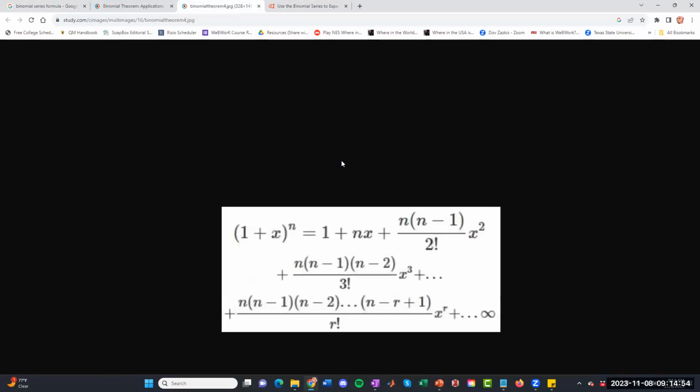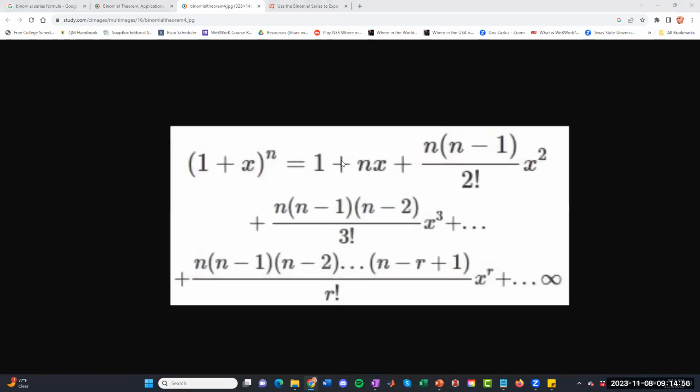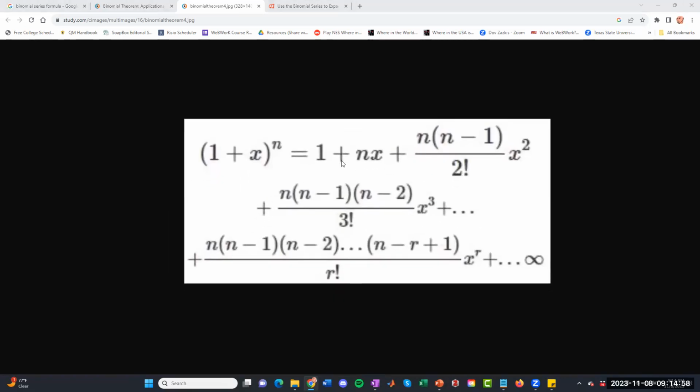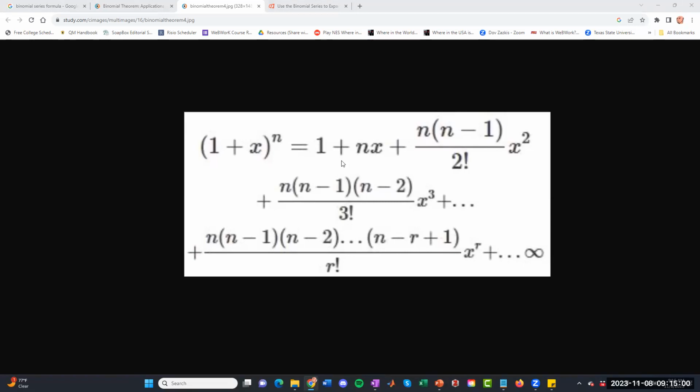Here we go. So this is essentially the kind of pattern we're following. If you had to take 1 plus x raised to any power of n, this is how the series expands. And because you're dealing with these products that are a little bit hard to capture in a sigma notation,